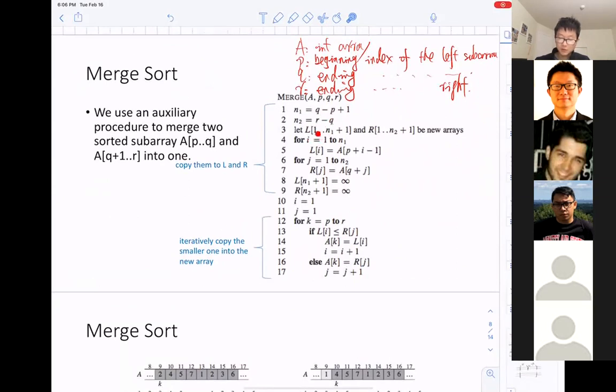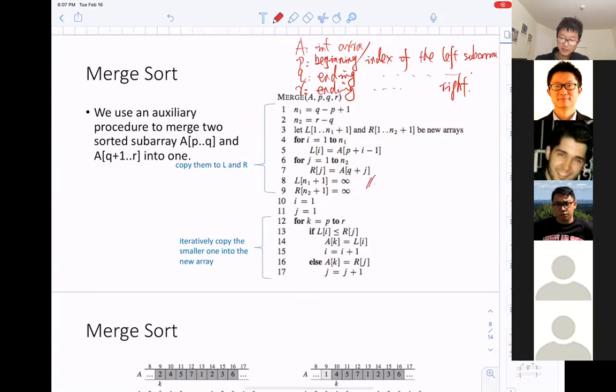Then we create two new arrays called capital L and capital R. Here we have two for loops. And over here we have L[n1 plus 1] equals, what is this symbol? Infinity. Yes, infinity.